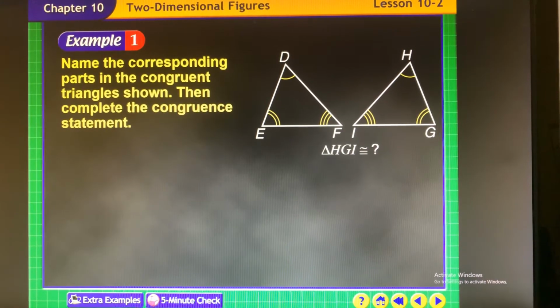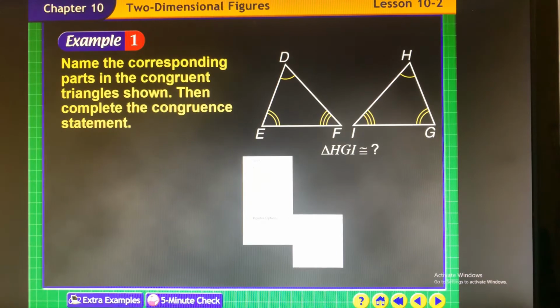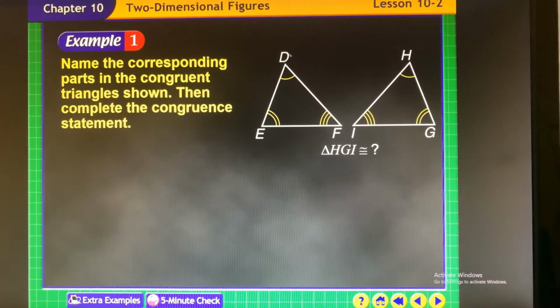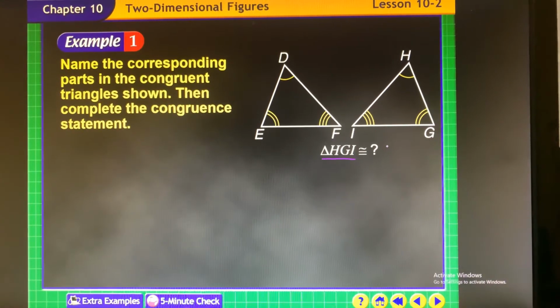So basically when you look at this, these are two congruent triangles, and it's super important that you follow the angles. You'll notice that one arc means that angle D is congruent to angle H. Two arcs, angle E is congruent to angle G, and angle F is congruent to I. But if you look at this, it's saying triangle HGI, so it goes from one arc to two arc to three arc,